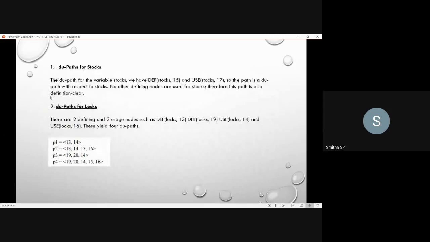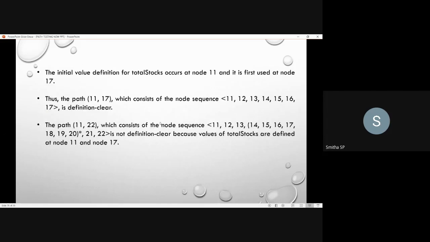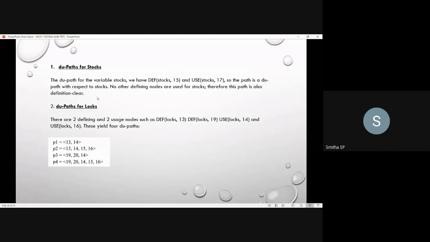Next, here the definition is clear. Instead of writing the whole table, they have listed it like this. For the DU path for stocks, the definition is clear here. There is no ambiguity, since you do not have the stocks value defined at some other node and used at the same node. So that definition is clear here.